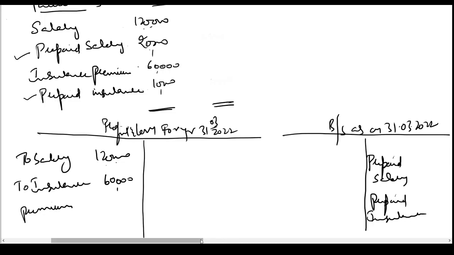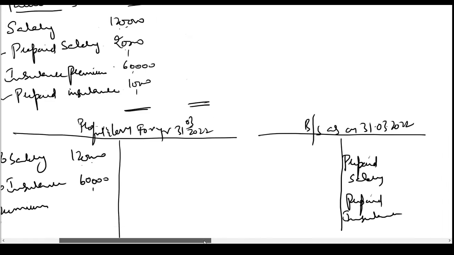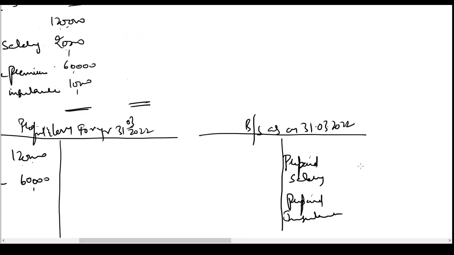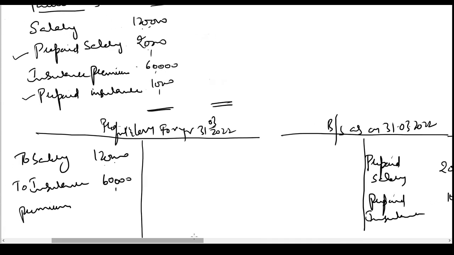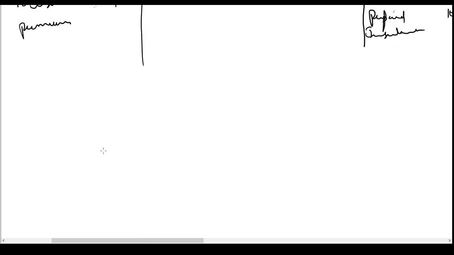Because we are yet to receive benefits from this amount paid, it is money owed by the staff to the business. This is money owed by the insurance company to the business. How will they repay these loans to us? By providing their services. So this is how we'll deal with it. We are not going to again subtract from salary or insurance premium because there is no error in the entries which have already been passed.